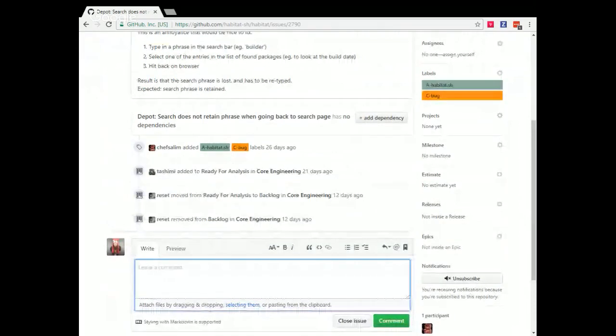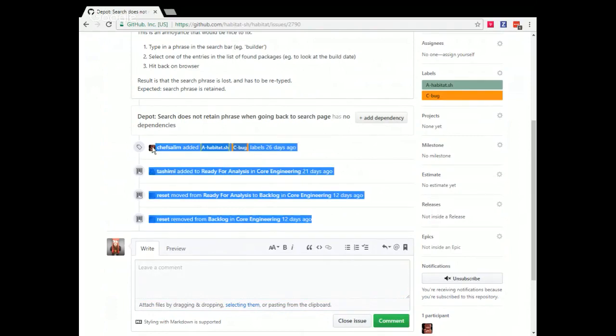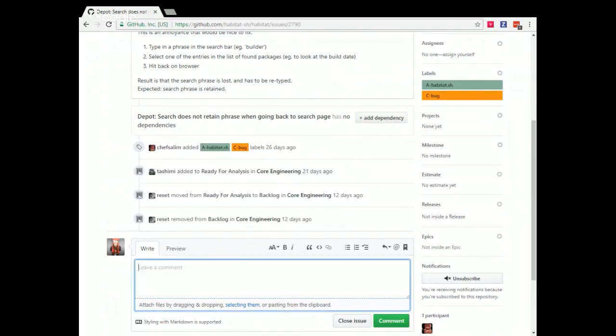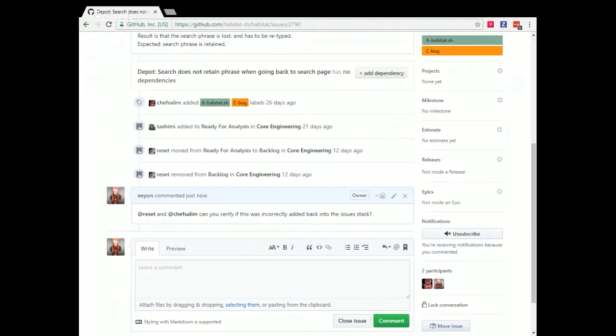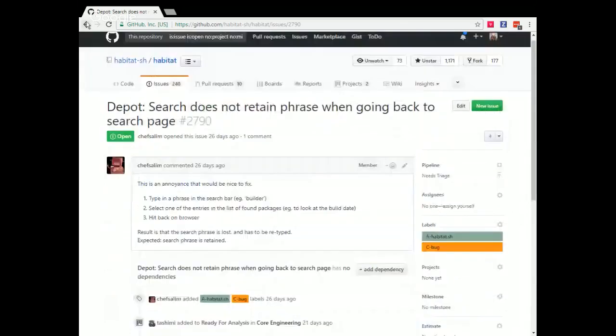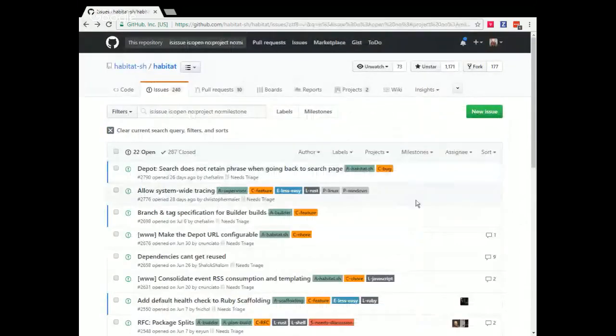I've seen this happen recently with the GitHub projects. I'm not really sure what's causing it, where we have things that get moved and then they get dumped out. We'll leave that for now because I think that's actually just going to get closed out.